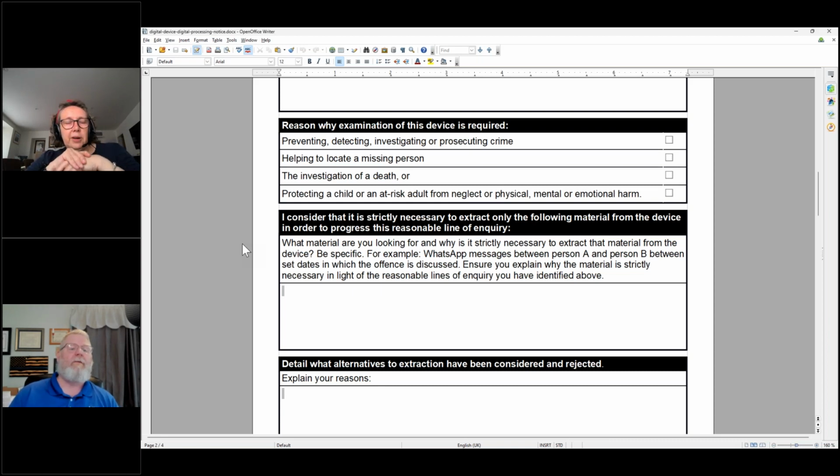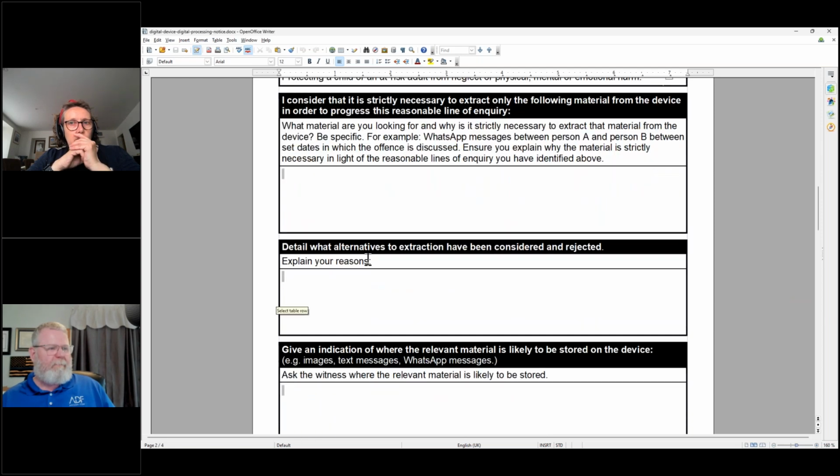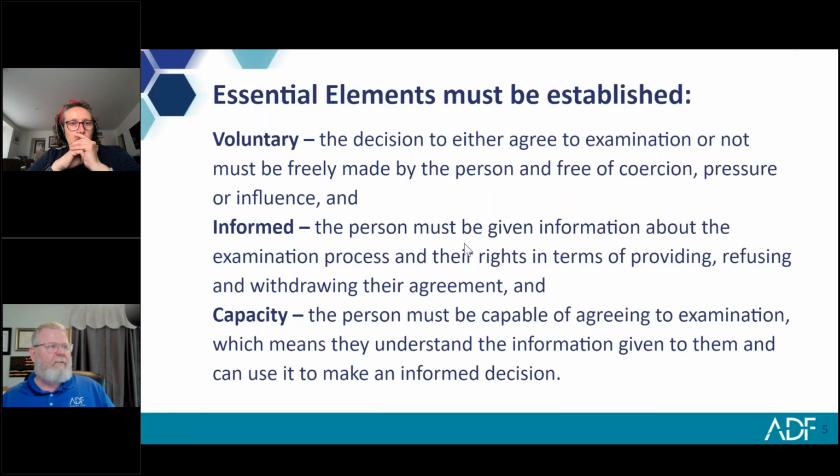I don't know what happens in America, Rich, perhaps you can elaborate. Yeah, consent has been around for quite a long time. Not as stringent as the rules and principles that you have come up with, but very similar. You need to get the informed consent, which we'll go over here in a second: voluntary, informed, and capacity, right?